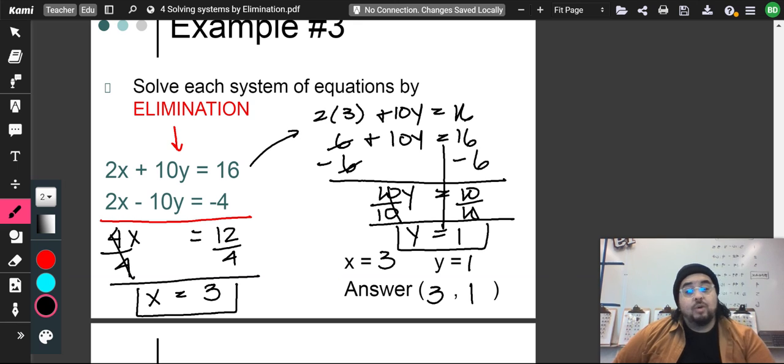Okay, so at this point you have 3 methods for solving systems. You have graphing, which you want to use when I provide a graph or when you have both equations that are easily graphable, like y equals mx plus b. Then you have solving by substitution, which you want to use when one of the equations is more difficult to graph. You don't want to use the intercepts and you don't want to convert to y equals mx plus b. That's when you would use substitution. And then you have elimination, which is specifically used when you